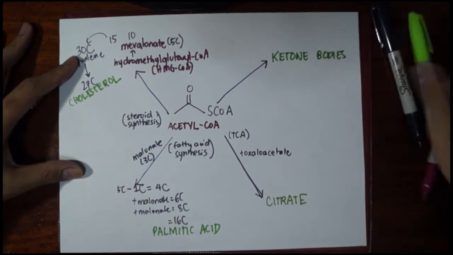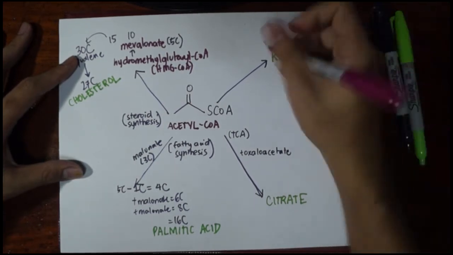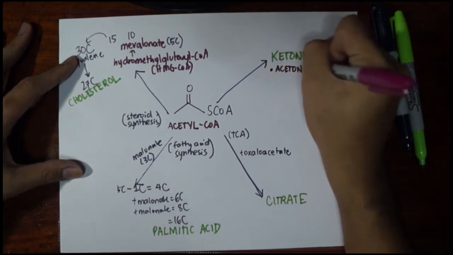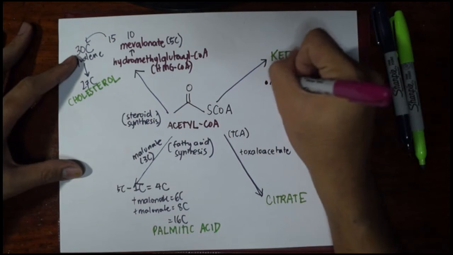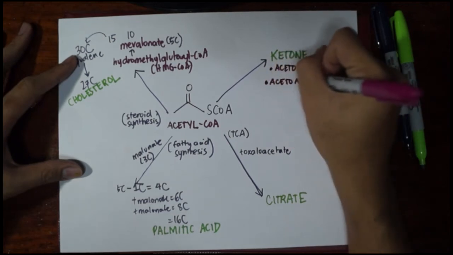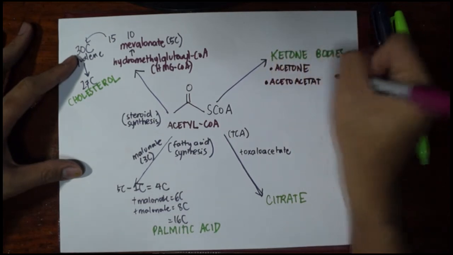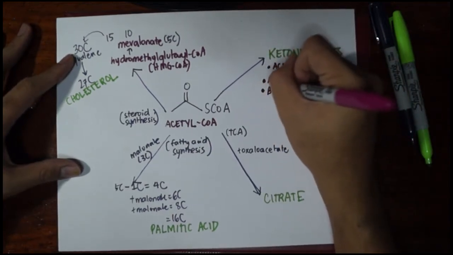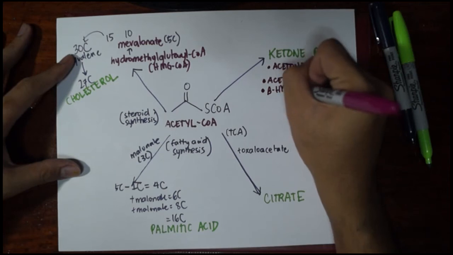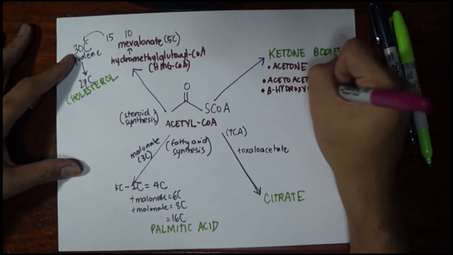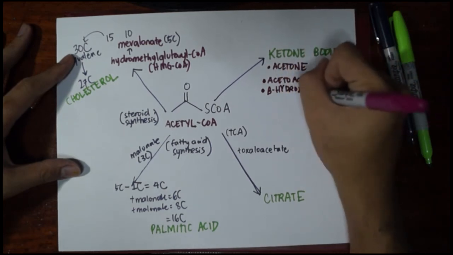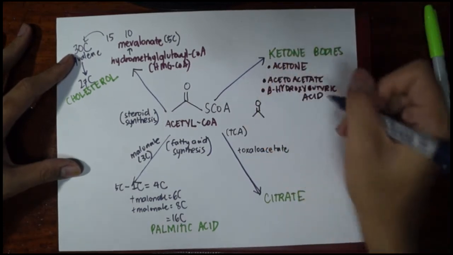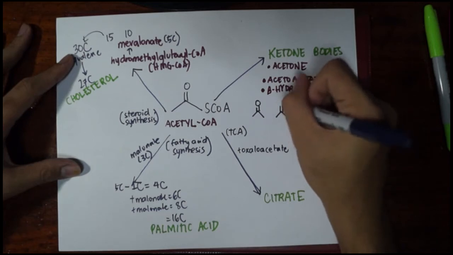bodies. What are these ketone bodies? There are 3 specific ketone bodies. First one is acetone. The second is acetoacetate. And the third is beta hydroxybutyric acid. So I'm going to draw them. This is acetone, a 3-carbon compound, acetoacetate,